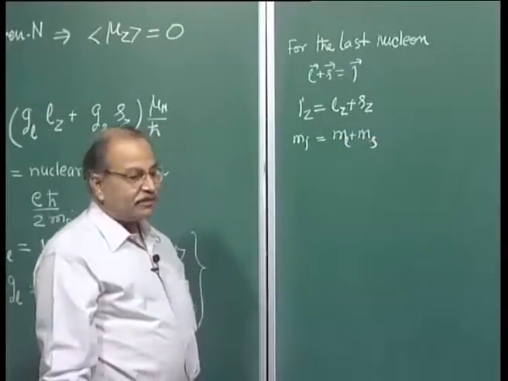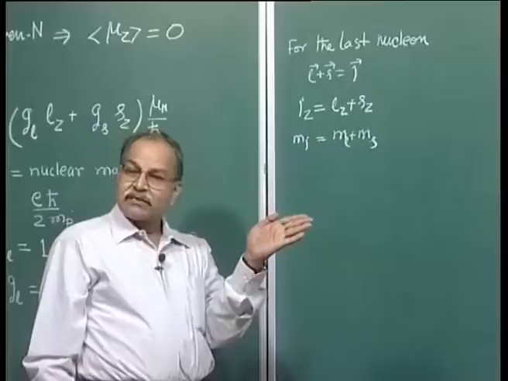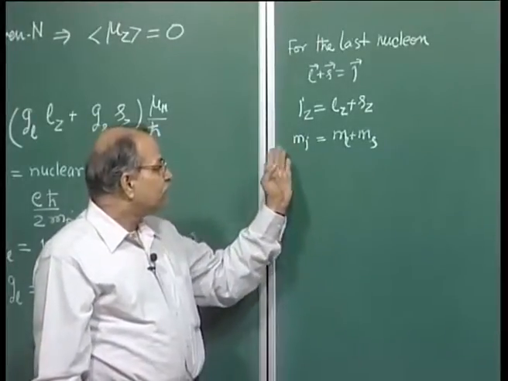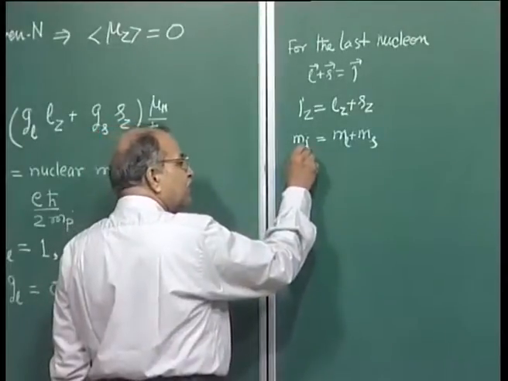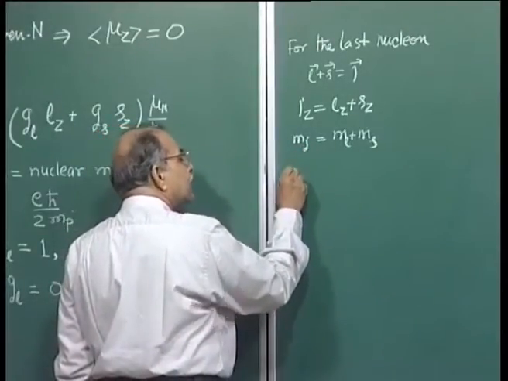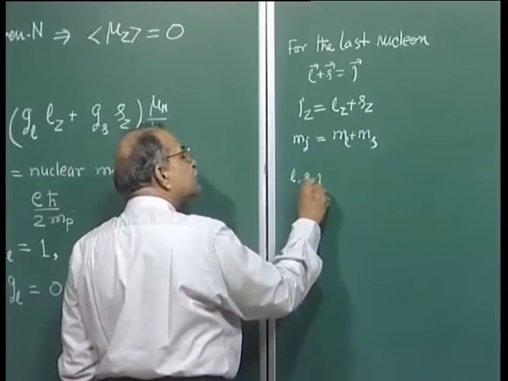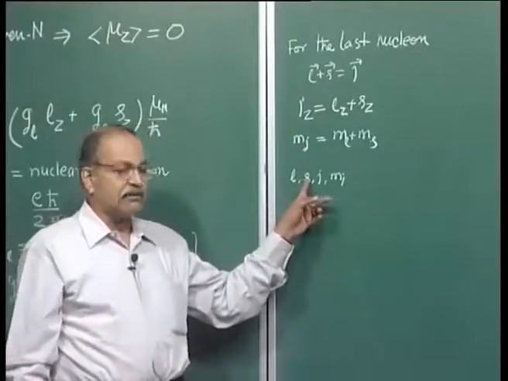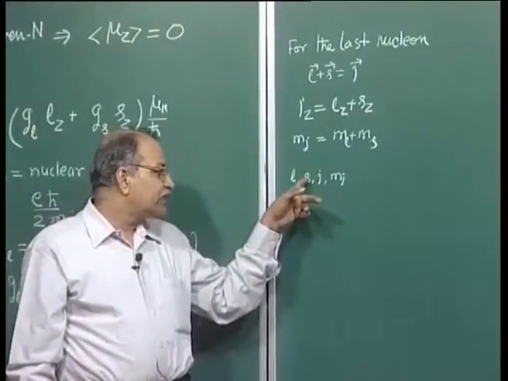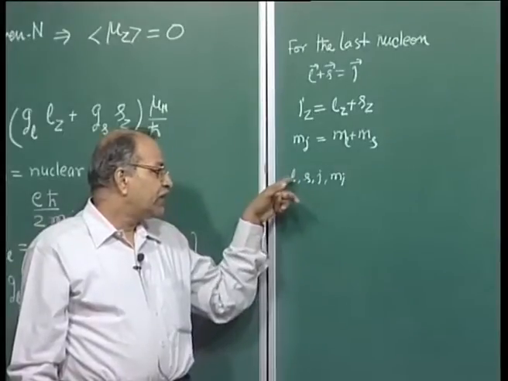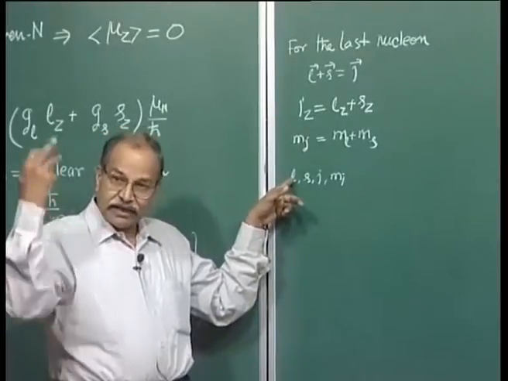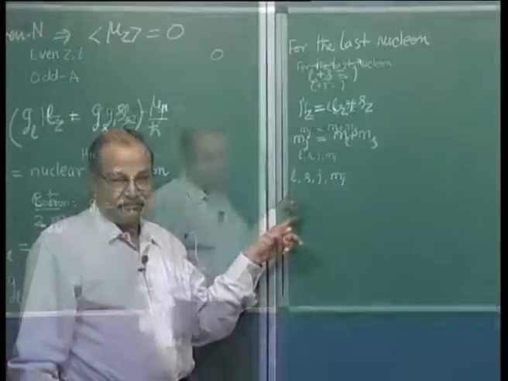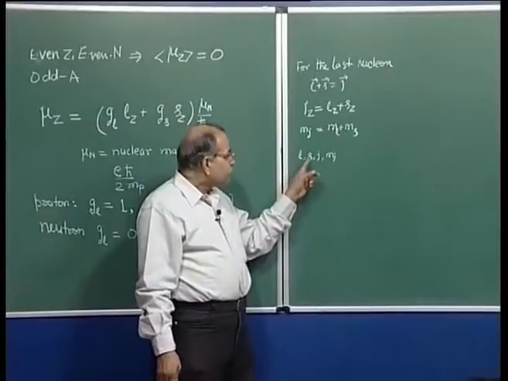fine, and for a given energy state in this nucleus, you define that state by giving the value of J and Mj. So, L is there, S is there, J is there and Mj is there. S is anyway half. So, Sz can be either plus half or minus half depending on L. Ml can have any value from plus L to minus L in steps of 1, and important thing is this